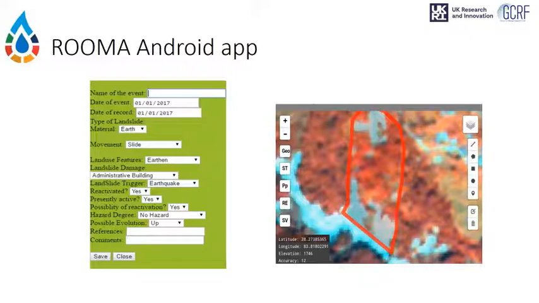What you see here is a merge of what they usually do in the field when they're collecting the data. They enter the hazard event information in the green box, and then they draw the event by using geolocation to see where they are exactly. And as you can see here, the accuracy of their location is 12 meters.